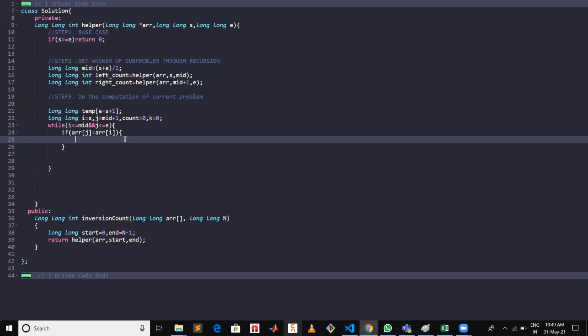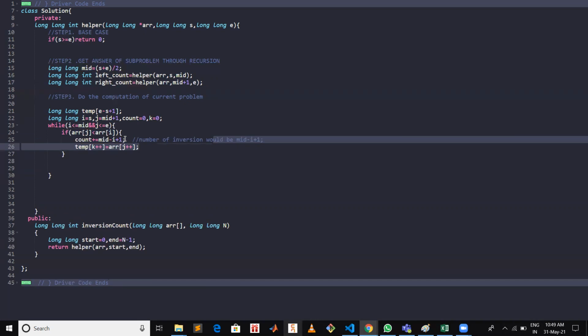We will increment our count by mid minus i plus 1, since that number of elements are going to make an inversion with this current array j. All right. So at the current position, since array of j is smaller than array of i, we will put this array of j in our temporary array, since we want our temporary array to be in sorted manner at the end.